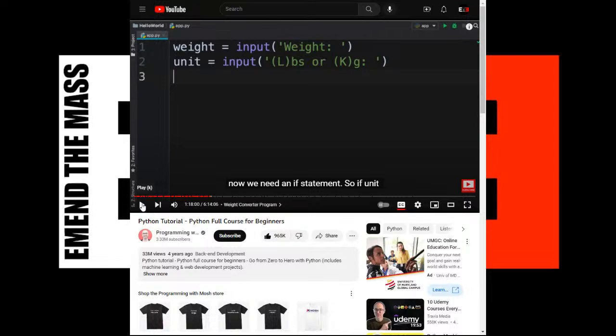All right. Now we need an if statement. So if unit equals L, then we need to convert this weight into kilograms. How? If unit